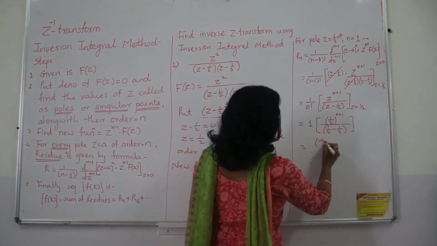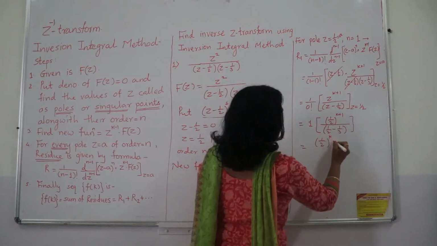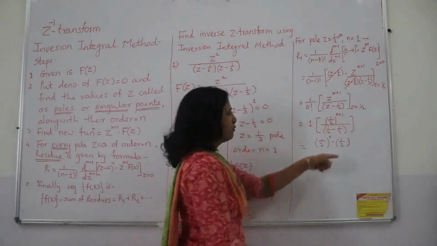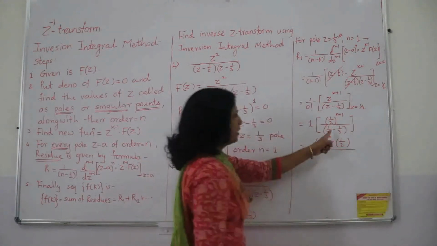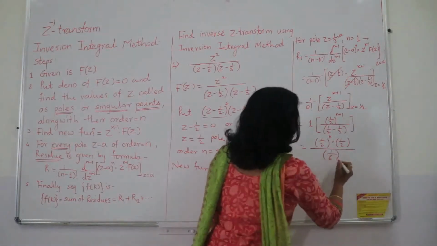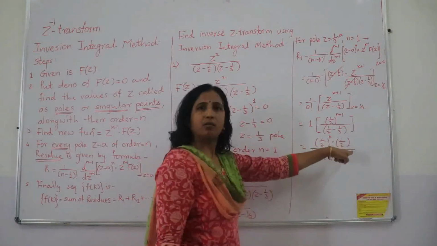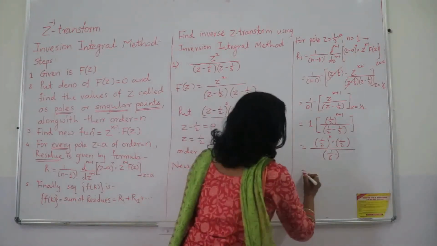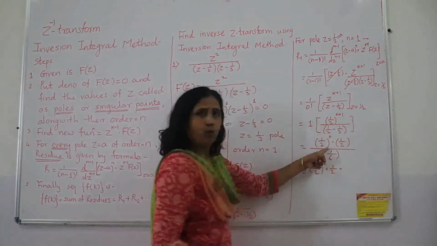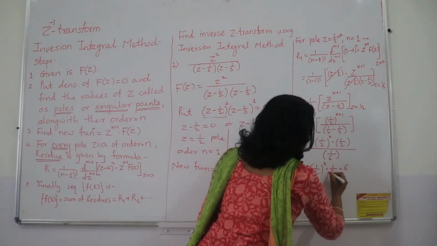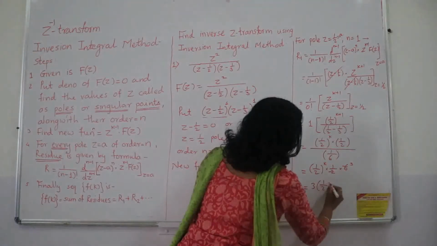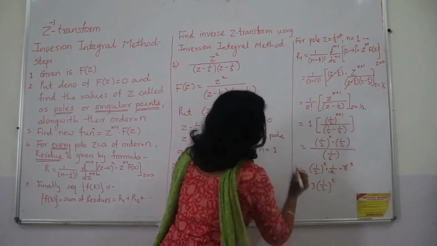See, no need to write down 1. This is 1 upon 2 raised to k multiplied by, I will write purposefully half, because half has power k also and 1 also, so I have separated. And see what is the denominator here: half minus 1 upon 3, by cross multiplication it gives me 1 upon 6. Actually for this 1 upon 6 I have separated this 1 upon 2, otherwise I may keep it together itself. So this is 1 upon 2 raised to k into 1 upon 2 is already there, and the denominator goes in the numerator, so it is 6, 2 1s are 2, 3s are, so this is equal to, I will get the first residue 3 by 2 raised to k. I will call this R1.